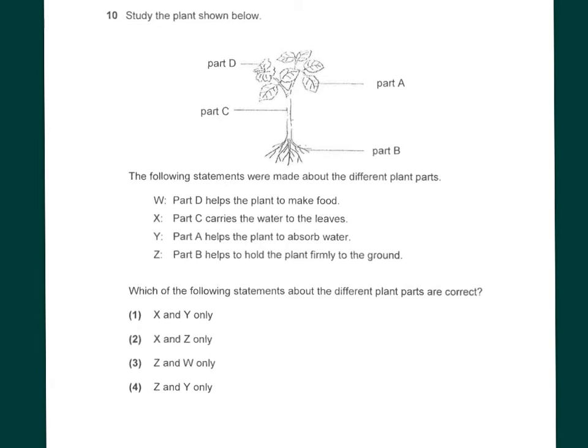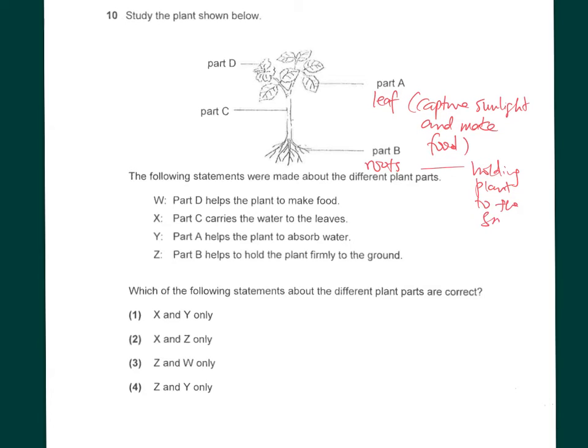So for part A, you have a leaf here. And the function of the leaf is to capture sunlight for the plant to make its own food. So capture sunlight and make food. Okay, in part B, we have the roots. The roots have the function of holding the plant to the ground, as well as to absorb water